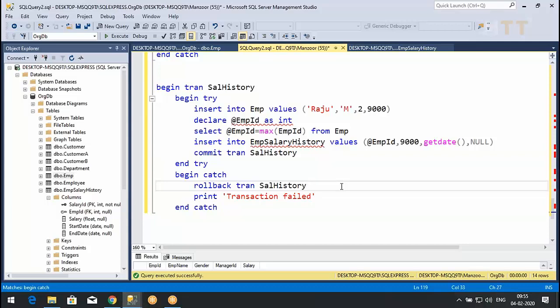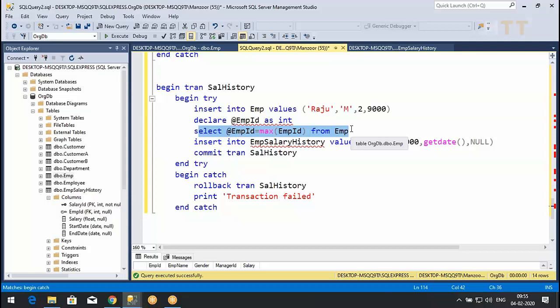Now, what if you perform this insert operation and then you went for reading the maximum value? In this short period of time, some other user performed another insert operation. Then what will happen?